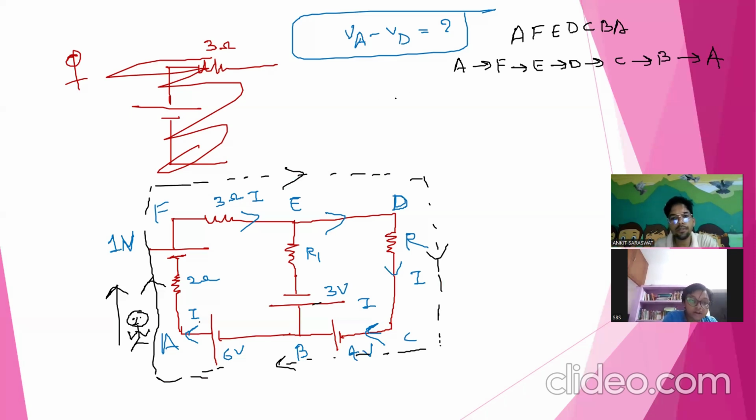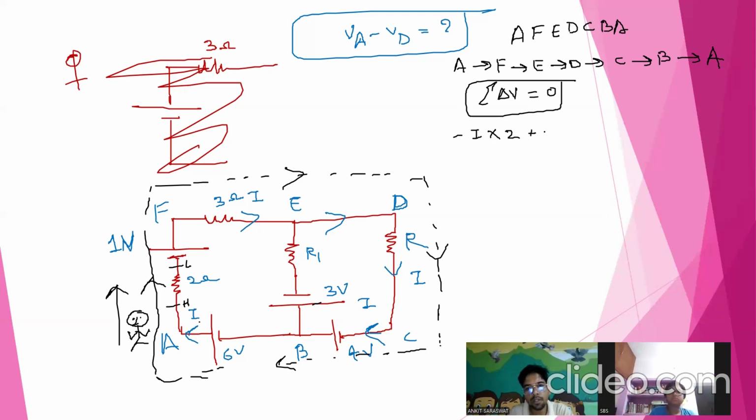Tell me. What voltage? No. Current is going, so how much voltage drop across this 2 ohm? Current is going from high to low. What is the Kirchhoff KVL? Summation of all the potential drop will be 0 over the closed loop. So in AF, how much? Minus. AF minus I into 2,